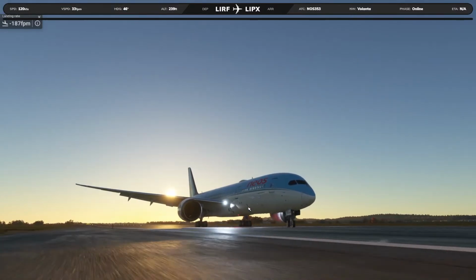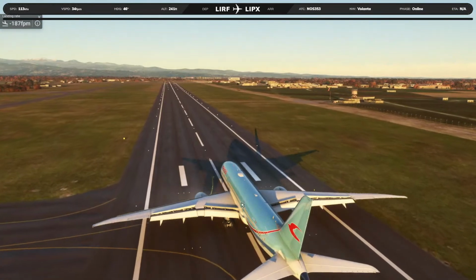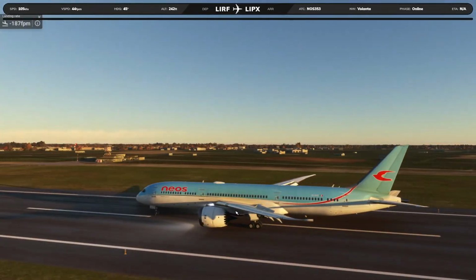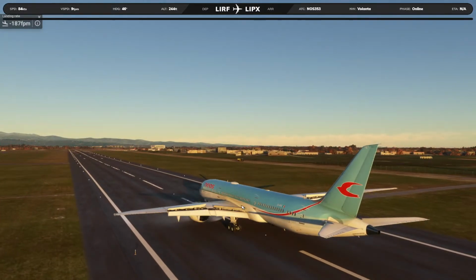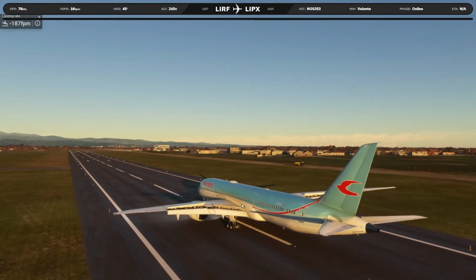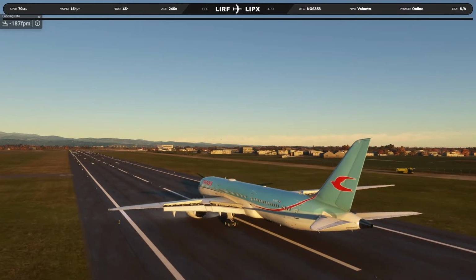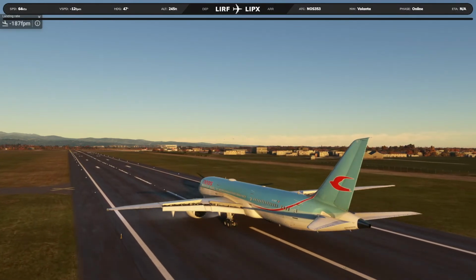Why is the wheel tilted like that? But this was really a lovely approach into Verona. Thank you very much again, Simon, for the suggestion. Appreciate it, really. It was a fun flight.